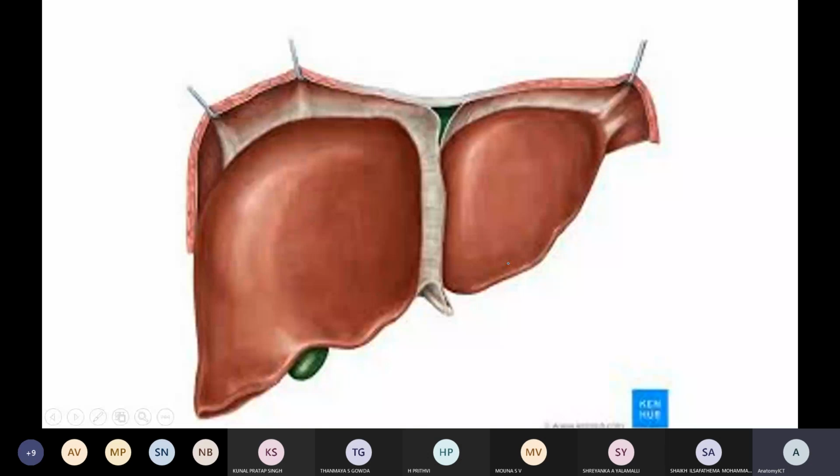As we told, there is a portal blood flow. How the portal blood will enter inside is by means of the blood that goes to the liver. Mainly the hepatic artery is the main branch of the celiac trunk which supplies the liver, and there is a hepatic vein which drains the liver, and there is a portal vein, which is not deoxygenated, but is a nutrient blood which is coming from the intestine and through the superior and inferior mesenteric veins.